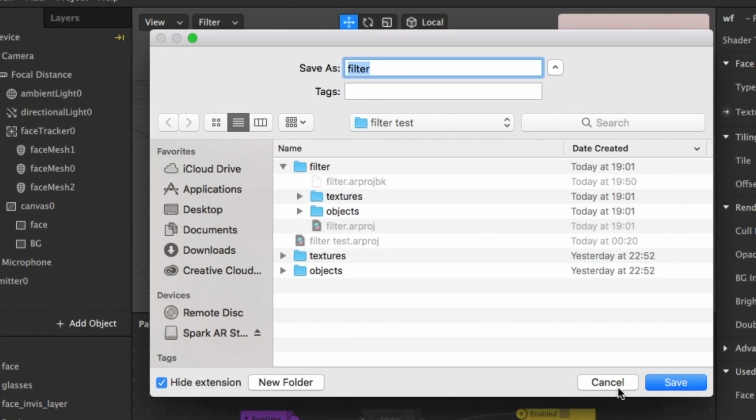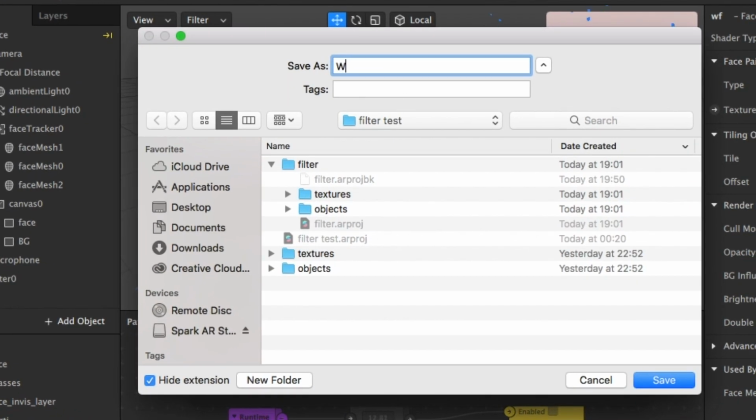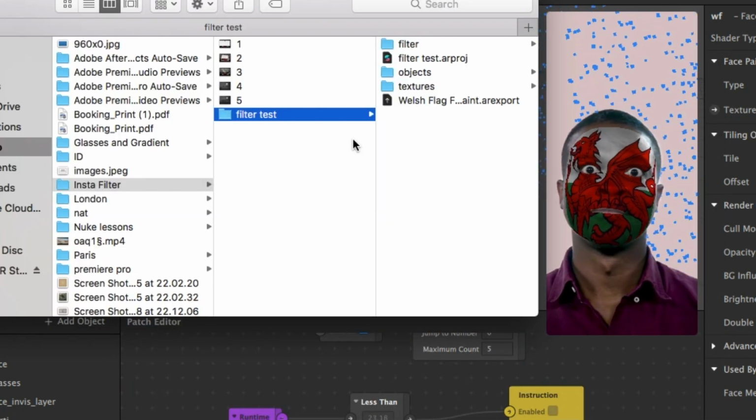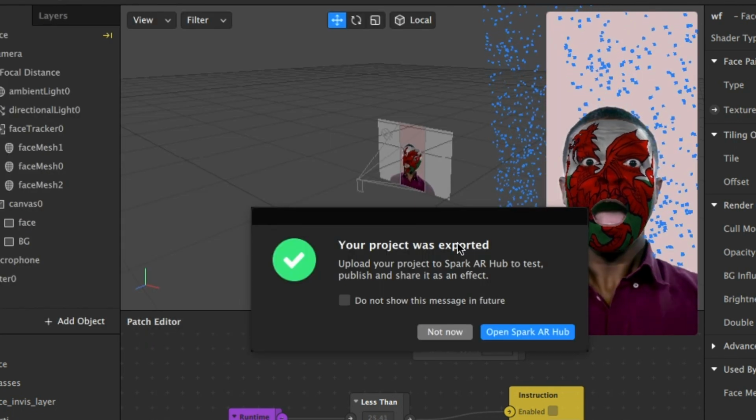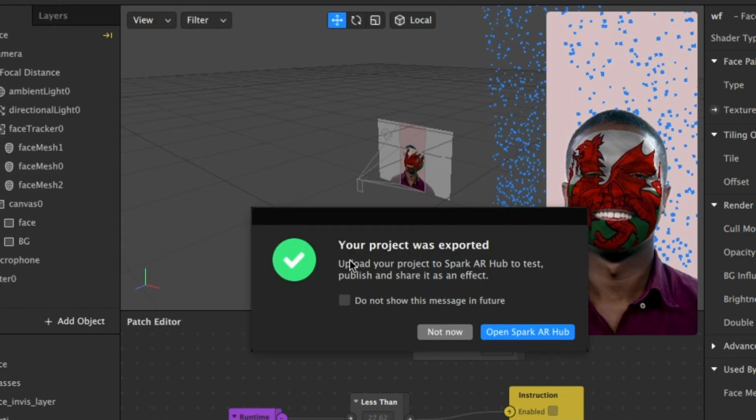Well, I'm going to rename it Welsh flag face paint and save. Okay, because I've done that, it'll open up, because I've logged in on my Facebook account,